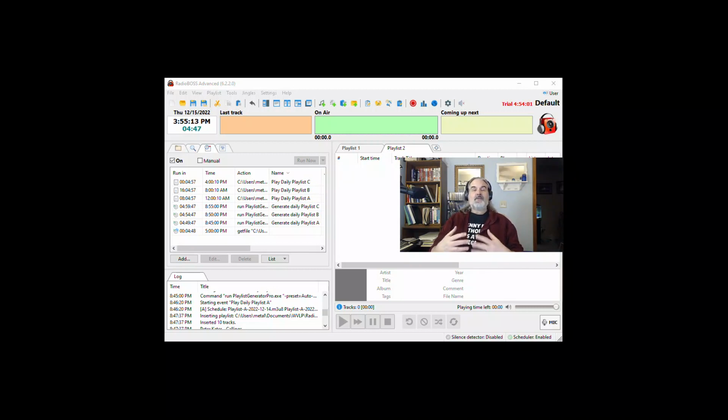So given that the automated software is going to be creating and playing 24/7 automated playlists, we want to be able to load in a show that's going to supersede what's going on in the playlist so the show gets out there. We need to make sure that our station IDs are dropping pretty much precisely at the top of the hour, and probably at the bottom of the hour too, just for good form and good symmetry. However, we also want to pepper in